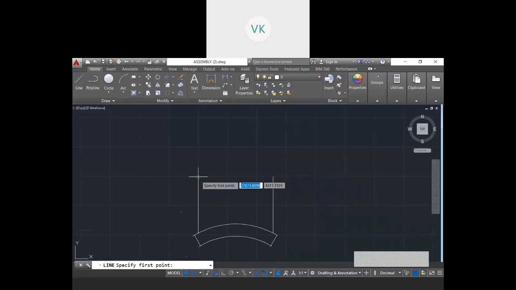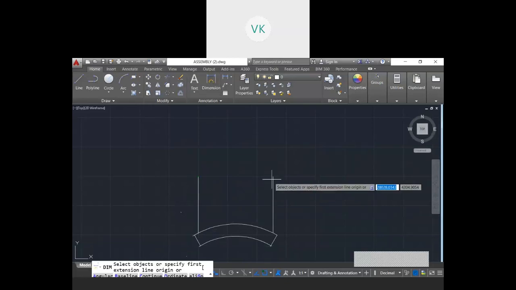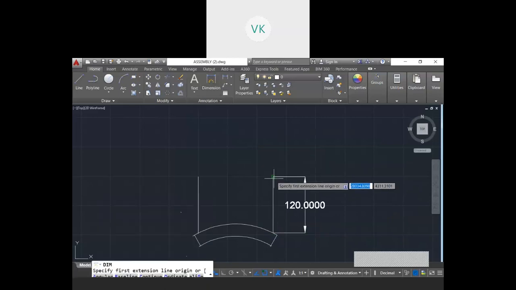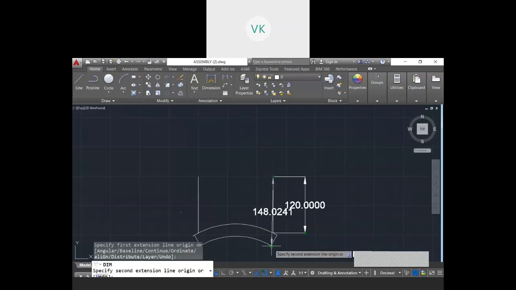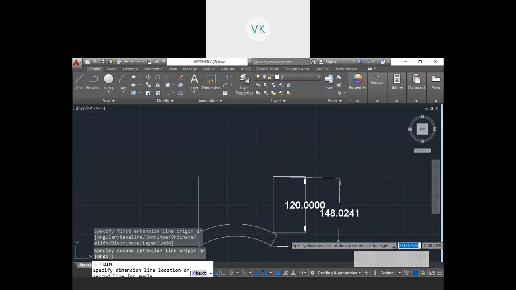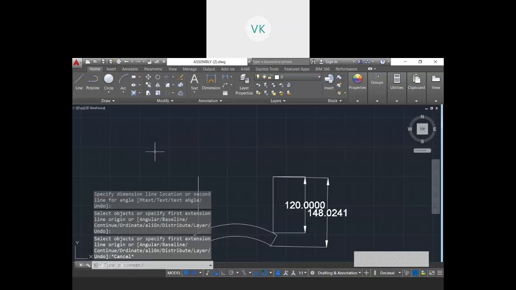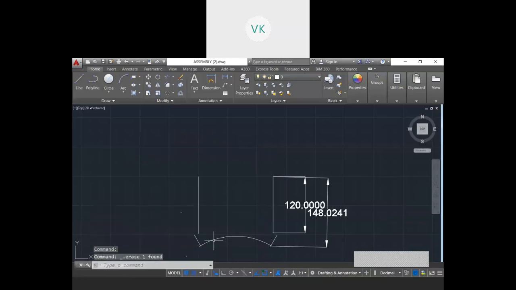If you look now from this height to this height, the total, if I take a dimension here, will come to almost 150. From here to here it is 120, and once again if I take from here to this point, it should be 150. Some errors are there, for that reason it has gone off. So you can have 30 mm of spare for drawing the pole shoe. Make use of 30 mm to draw the pole shoe.